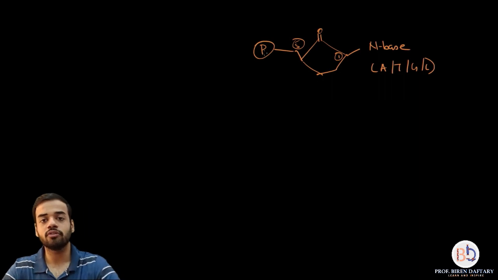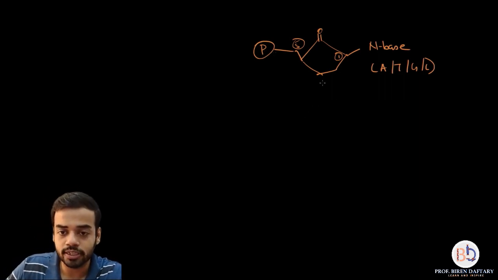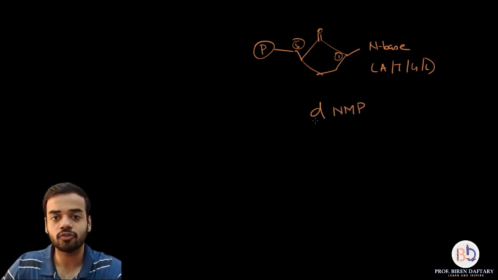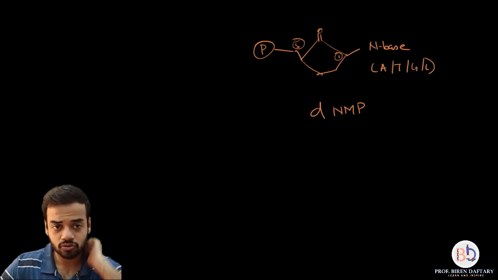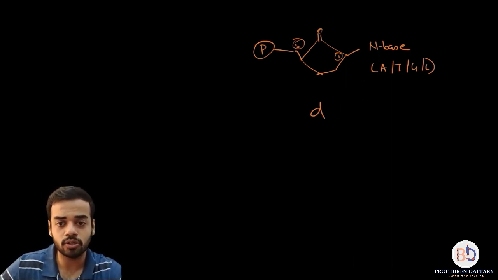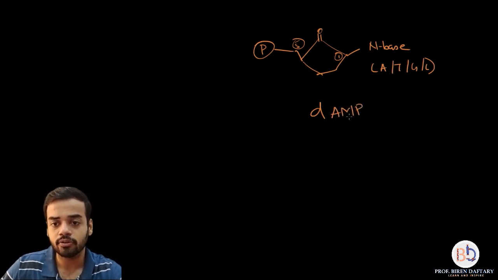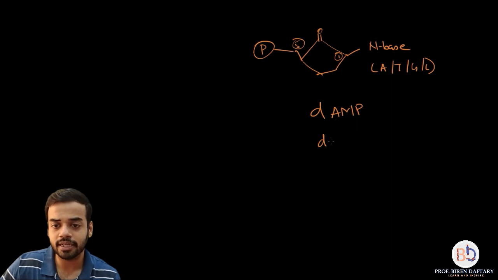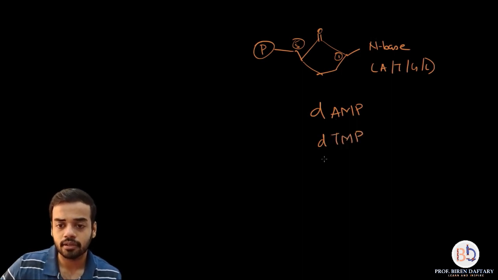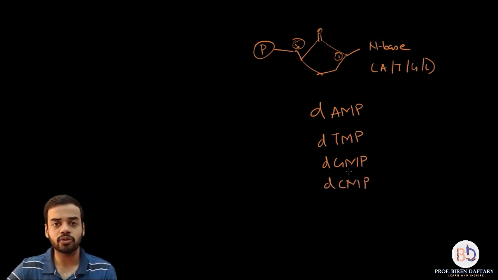Now these nucleotides, all of them have one phosphate, so these are also written as dNMP. d stands for deoxyribose, because these are the nucleotides of DNA. N stands for nucleotide, so you can replace N by A, T, G, C. So for example, if you want to write down the adenine nucleotide, it will be dAMP. Adenine monophosphate, single phosphate, so MP. Similarly, if I replace A by T, it will be dTMP, then dGMP, and then dCMP. So these are the 4 nucleotides which are present.